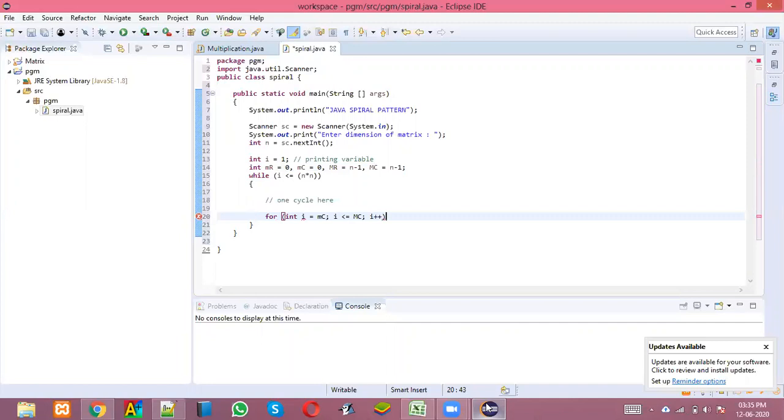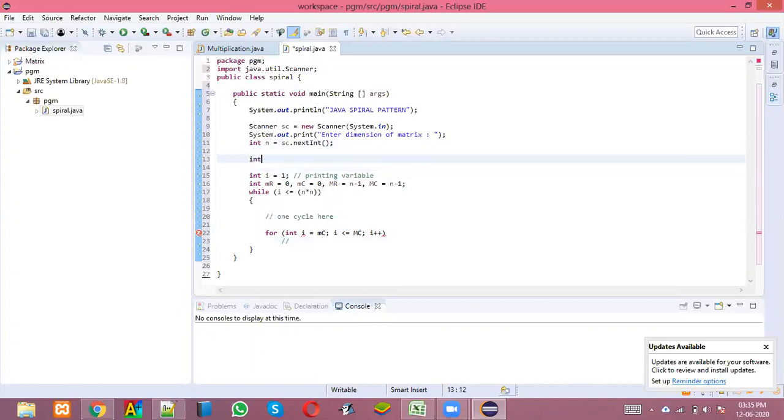Now what will I do? I need to do printing, correct? But I told you that we cannot directly print. It will not work out if we print directly. So before doing all this, we should also create a two-dimensional matrix. Yes, an n into n two-dimensional matrix we also have to create and keep.